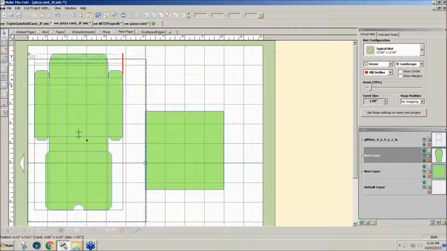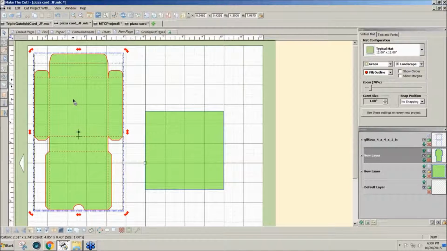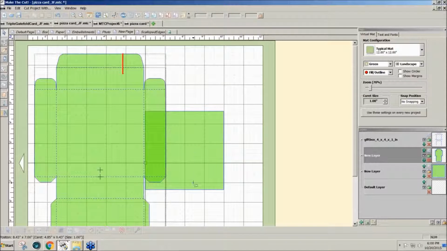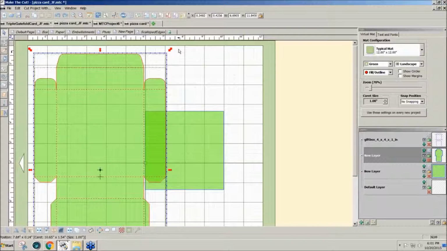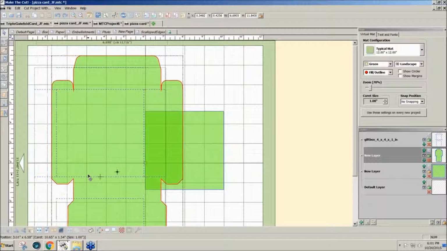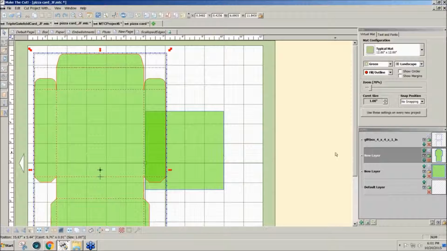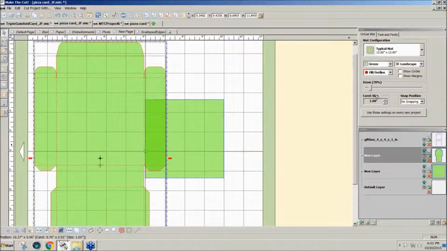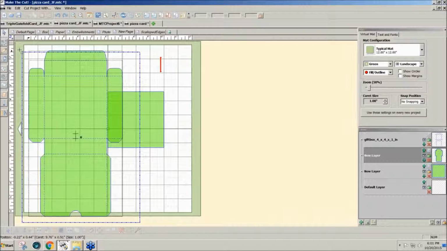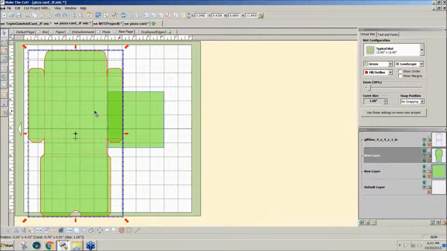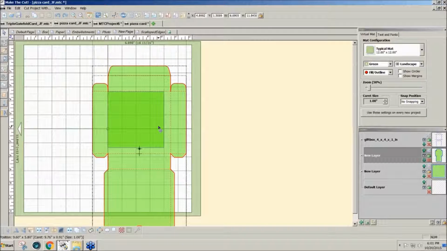Now what I want to do is select everything, the box and the score lines, and I want to make sure that my straight arrows, my resizing arrows, are showing so that I can drag a corner. What I want to do is drag it out. Oops, got to make sure I select all. I'm going to make my screen a little bit smaller so I can see it all. Okay, so I have all of these selected. I want to drag them over that square